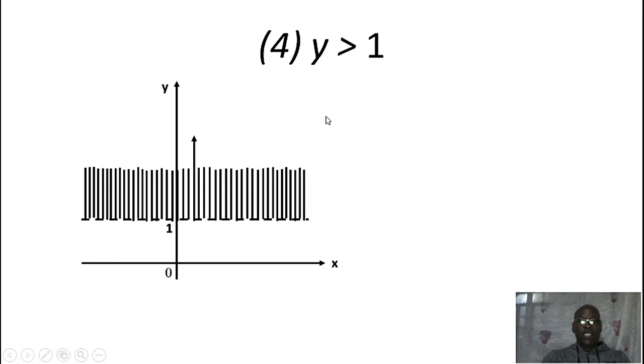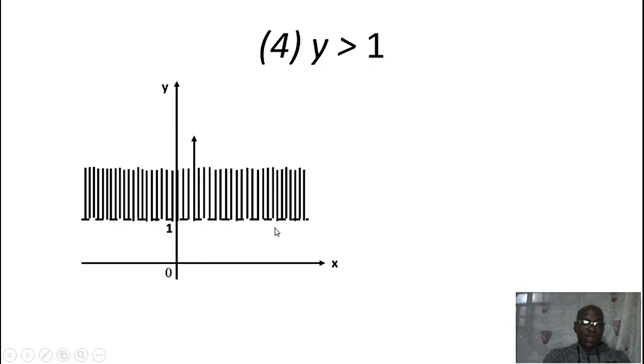The fourth one says y is greater than 1. This is a strict inequality. Oh, we go to where y is 1. We have no business with the x-axis again. Since this is strictly talking about y, we are looking for numbers greater than 1. That number is called y, but such a number must be greater than 1. So we replace y with 1 and draw a dotted line horizontally.